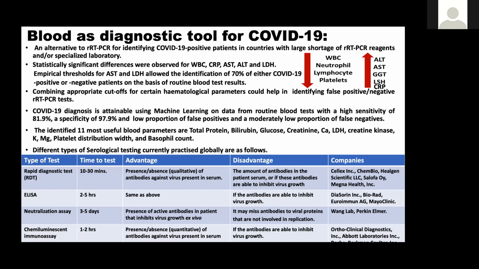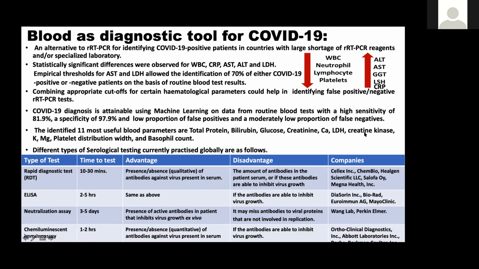The current alternatives which are present are rapid diagnostic tests, which are very fast, but they provide qualitative estimation of antibodies. ELISA provides quantitative estimation, but the real amount of antibodies which can inhibit virus growth cannot be known. Third is the neutralization assay, which is time consuming, and in that we may not know which viral proteins are involved in replication or which are inert. And finally there is chemiluminescent immunoassay, which is quantitative in nature, but it also cannot show us which antibodies can inhibit